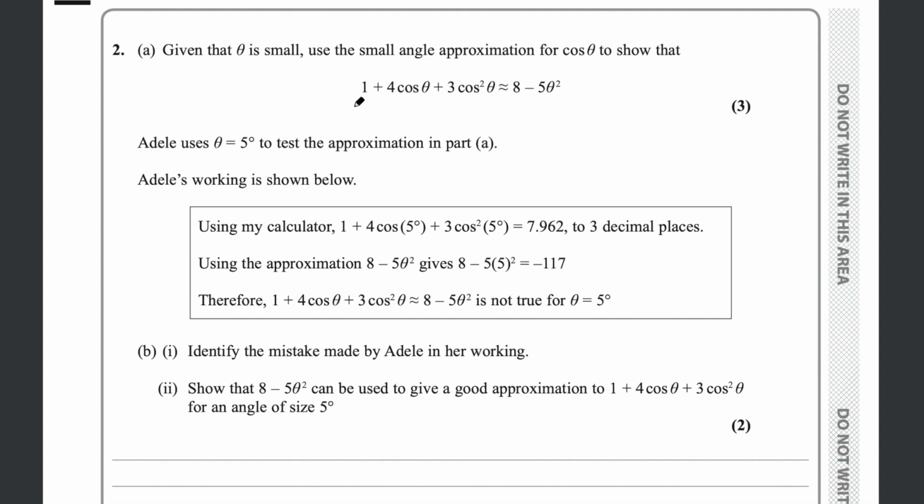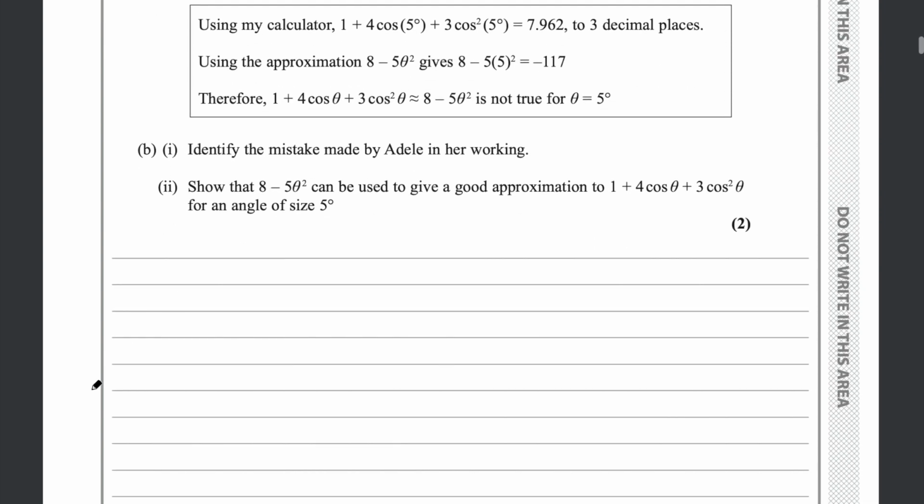Question 2a says, given that theta is small, use the small angle approximation for cosine theta to show that 1 plus 4 cosine theta plus 3 cosine squared theta is approximately equal to 8 take 5 theta squared. Okay, so let's start A down here